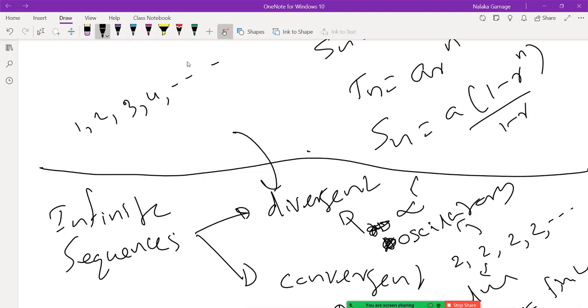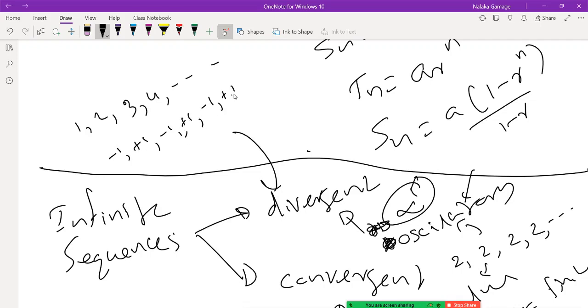So when the infinite term is going to be infinitely big, it is divergent. Then the oscillatory, I gave you a very simple example, something like minus 1, plus 1, minus 1, plus 1,